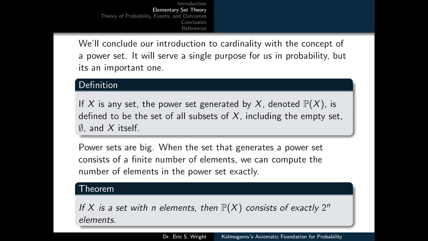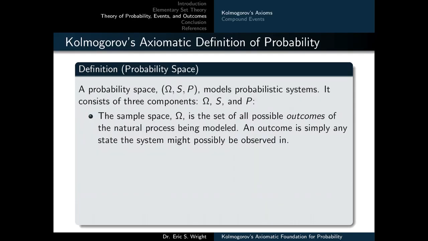We're finally in a position where we can state and then explore the consequences of Kolmogorov's axiomatic definitions of probability. This is where he provided a definition of a probability space in pretty general set theoretic terms. What it does for us is it gives us a consistent way of considering and comparing all of the different useful interpretations of probability. So here it is.